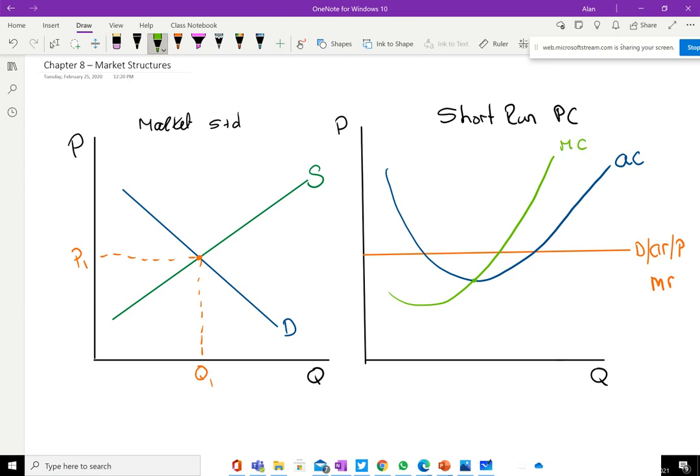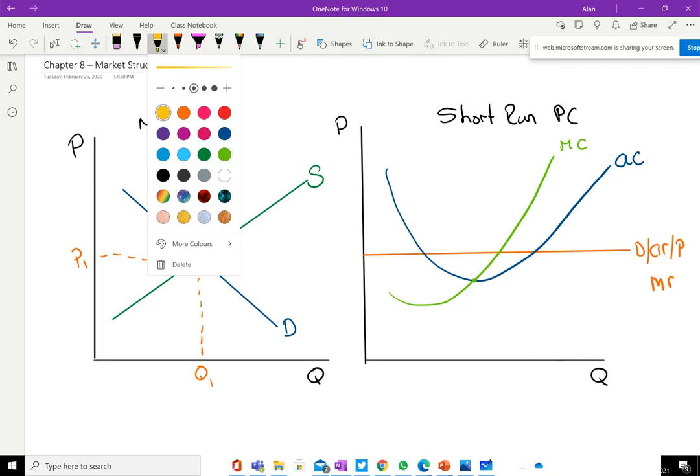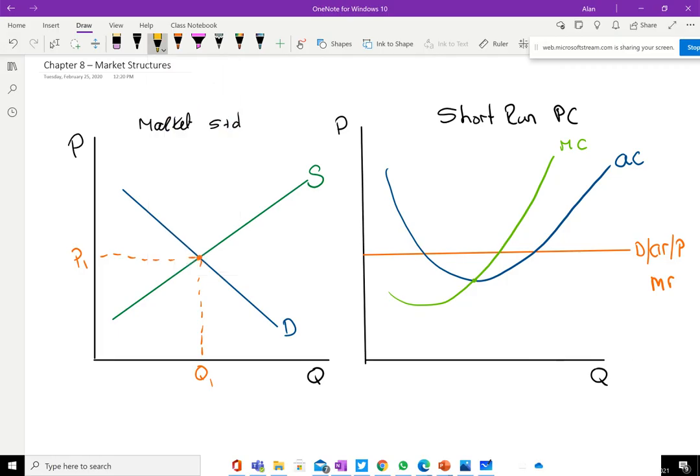So what do we know about what we've drawn here? Let's just change this to a different color here. We know when we produce, and again, we'll go through all of this again, and we'll probably do this in another video, we always produce where MC is equal to MR. So where MC is equal to MR is where we always produce. And here's our MR curve, as well as our DARP curve, demand, average revenue, price, and marginal revenue curve. We always produce where MR is equal to MC. So we always produce there. And if we produce there,